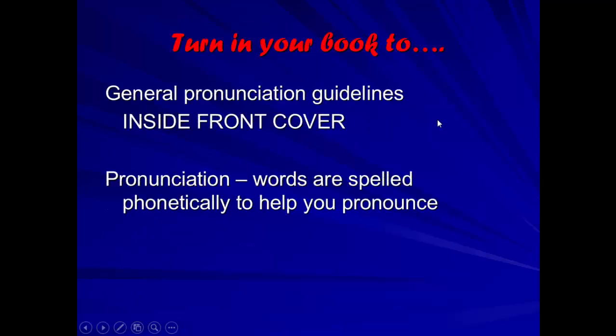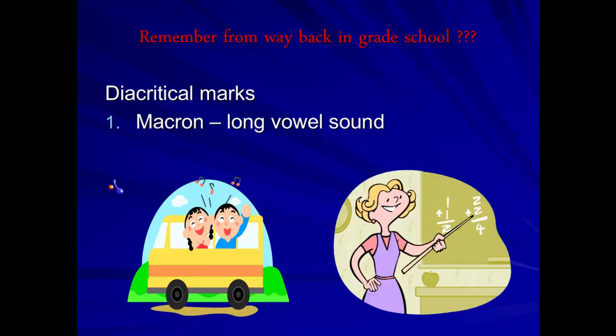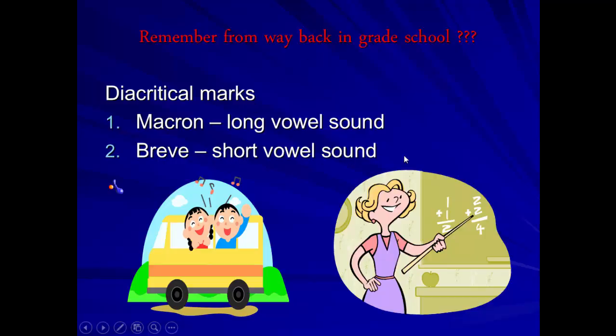There are some general pronunciation guidelines that are in the back cover of your textbook. You can look at those and you can make yourself familiar with those. The pronunciation is the words spelled phonetically to help you pronounce them. If you remember back to grade school, there are diacritical marks, the macron, which is the long vowel sound that gives the vowels the long sound of A, E, I, O, and U. And then the breve, which is the short vowel sound, which gives the vowels the sound of a, e, i, and